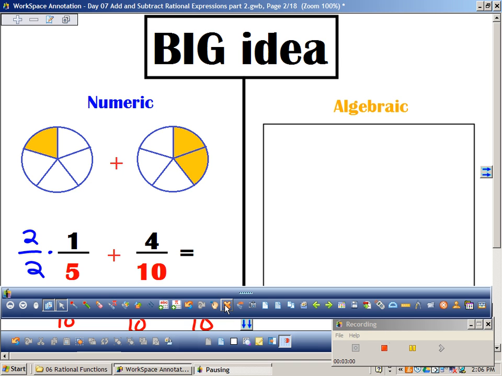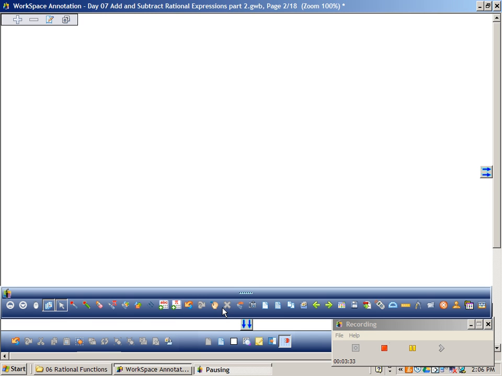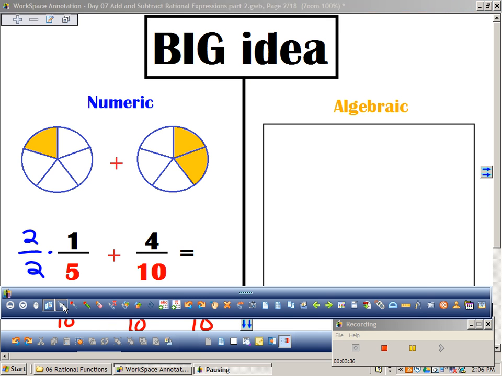Instead of making smaller slices, I made bigger slices. Couldn't I have done that from the very beginning? Couldn't I have simplified 4/10 to make a smaller denominator? Okay, so there's more than one way to skin a cat, okay? Okay, all right. Remember,